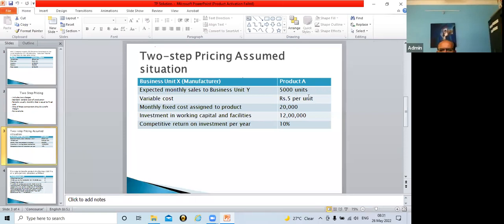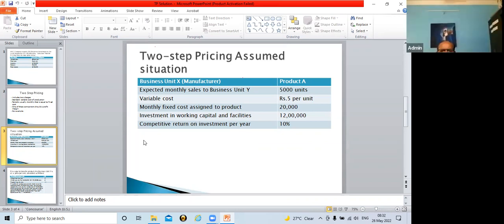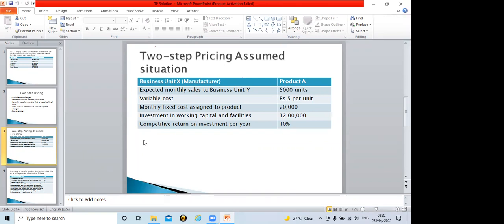What is the value, Shubhada? 0.4. Omkar says 4 per unit. Shubhada, it is not 0.4, it is 4. Yes, sir, it should be 4 rupees. Did you get the value, 4 rupees? Yes. Okay, now